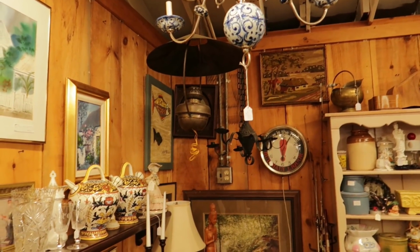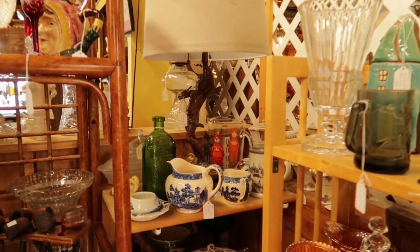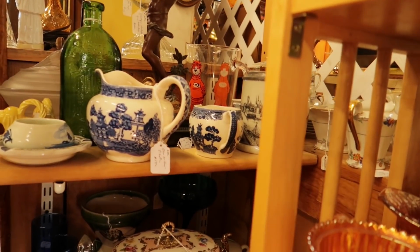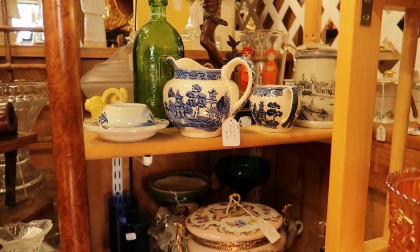And speaking of blue and white, we have 2 size creamers. Actually, the larger could actually be for gravy, but I think it might be a good milk jug, so I'm going to have to think about that. And the pretty...